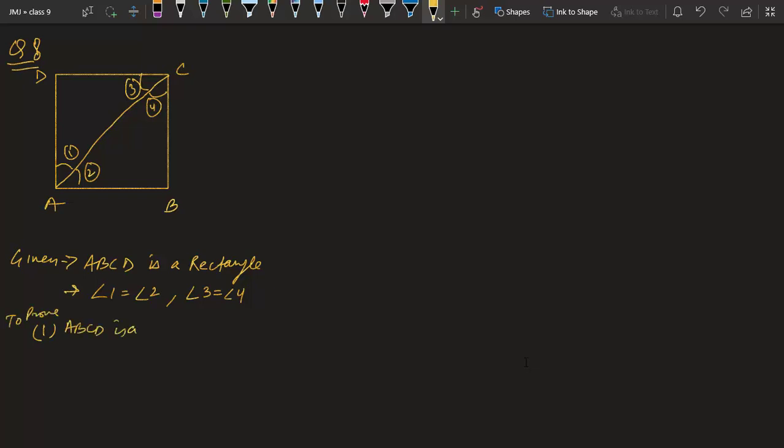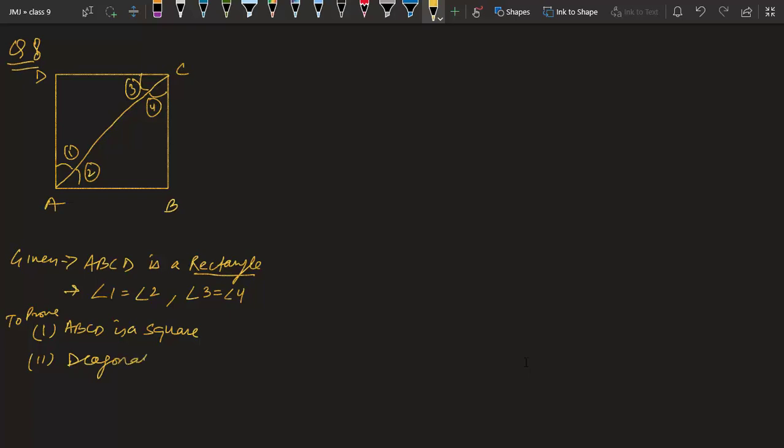So apart from that, we have to prove first it is a square, ABCD is a square. Now if you remember, we all know it is already a rectangle, so only one thing is required. We just need to prove all sides equal, because a rectangle is a square in which all sides are equal. Okay, so first square we have to prove, second we have to prove diagonal BD bisects B and D. Oh my god, very easy.